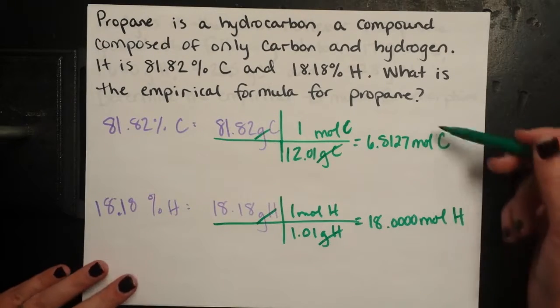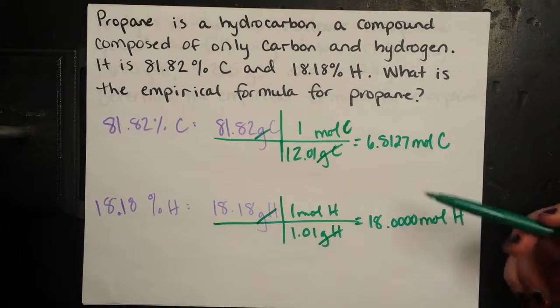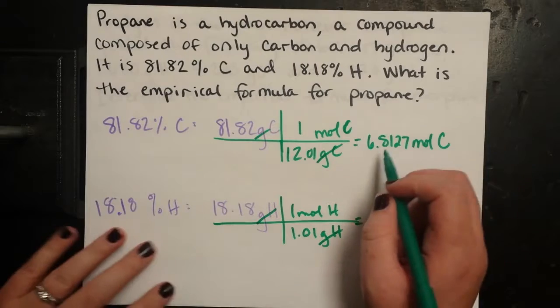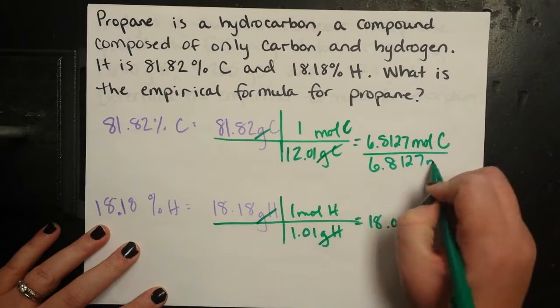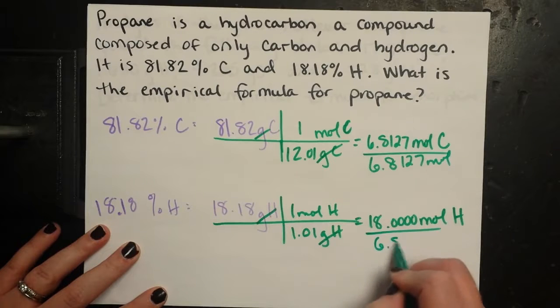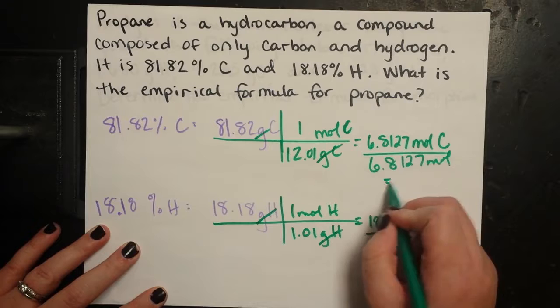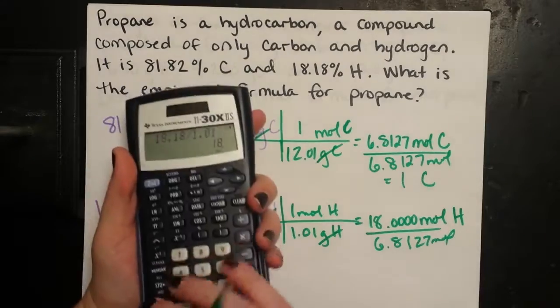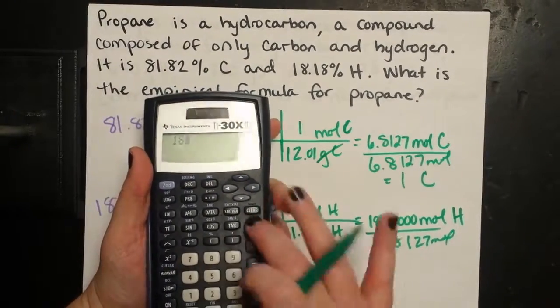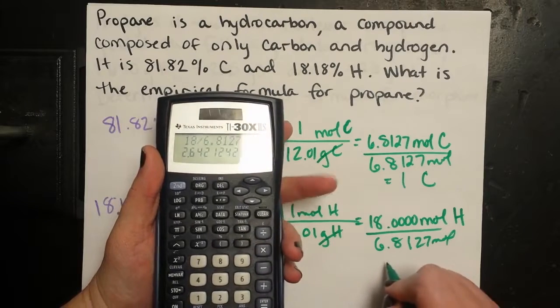Alright, at this point, to find the ratio of carbon to hydrogen, so these are the number of moles I have, what I can do is divide by the least number of moles, which is going to be from carbon. Okay, this is going to equal 1 mole of carbon, so 1 carbon for every how many hydrogens now? To do that, we're going to take 18 and divide it by 6.8127. Okay, and this is going to give me